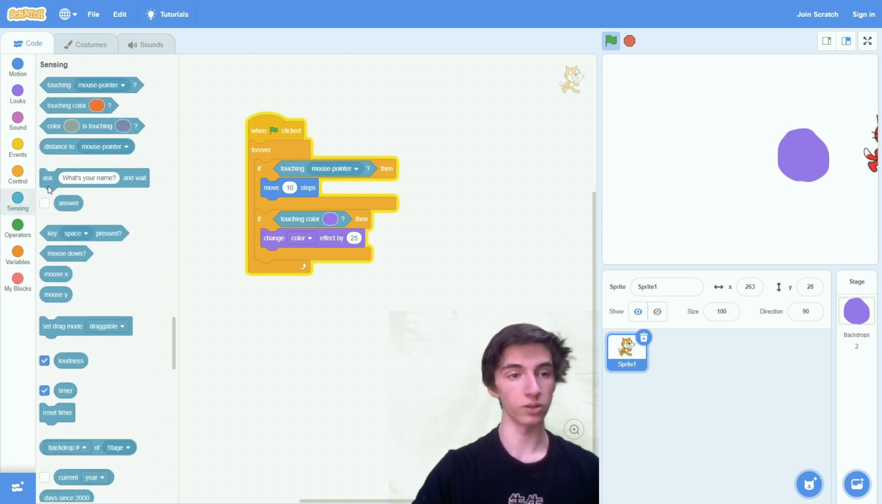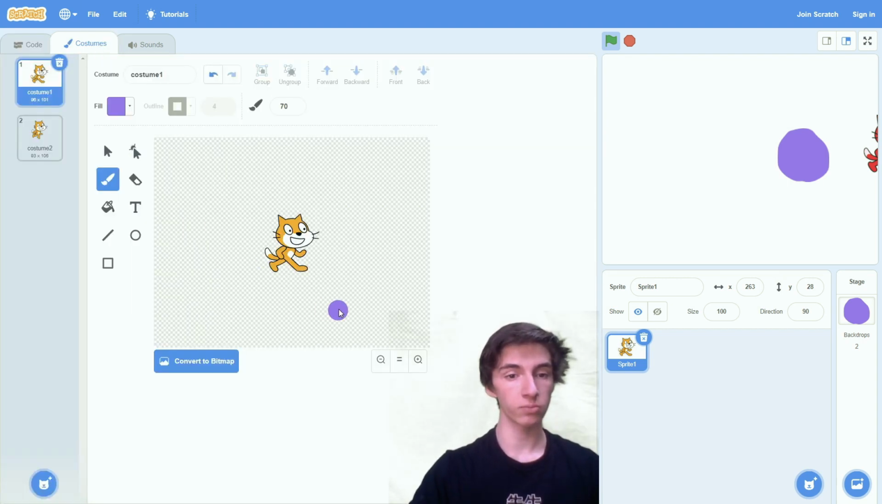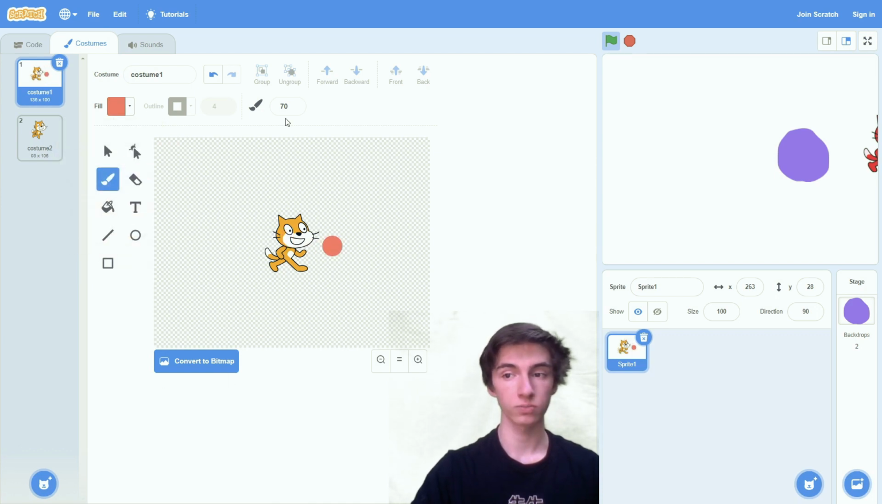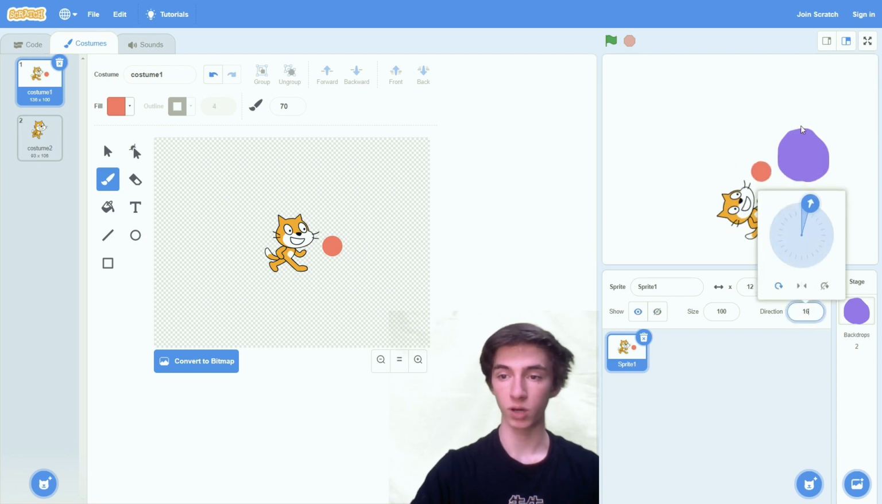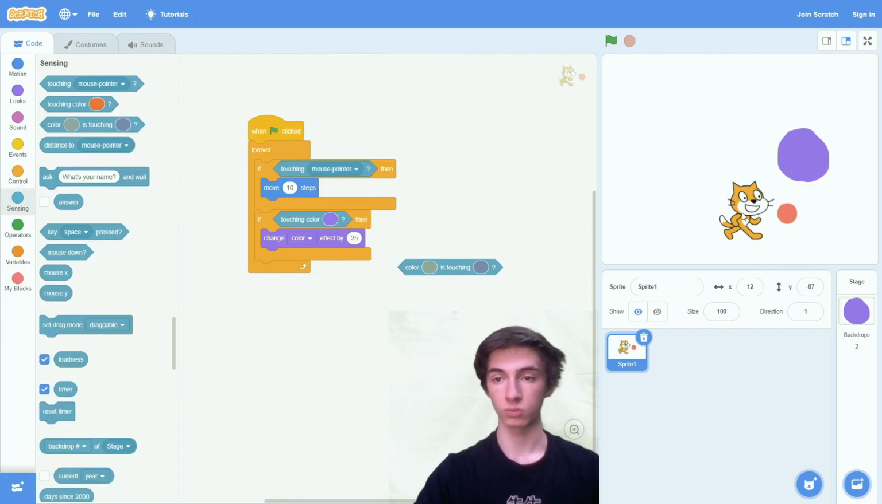The next block in the list is checking if a specific color is touching another color. To demonstrate this, I am going to change the cat's costume to add a red dot. I am then going to move him like this. I'm going to point him upwards so that he is going to move up when I touch him with the mouse pointer, and then we are going to check